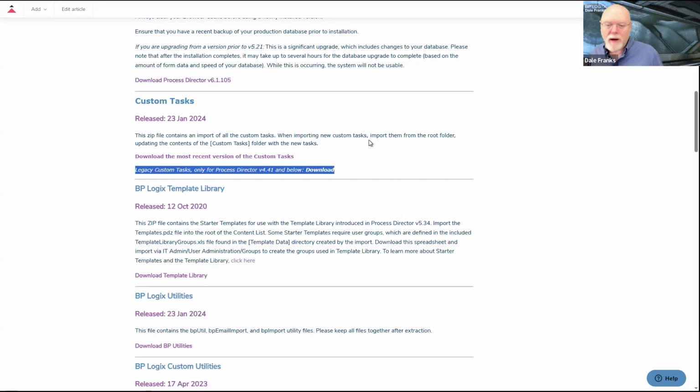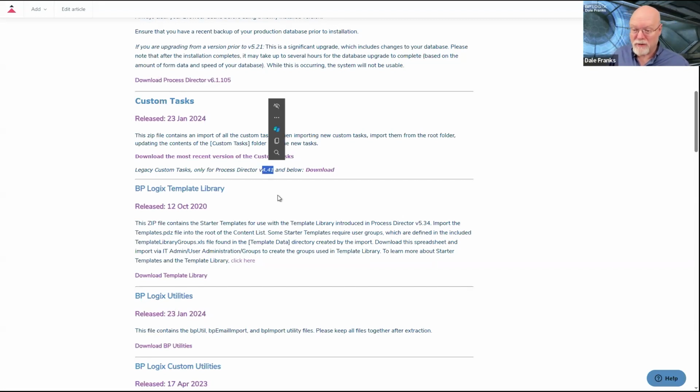Back in version 4.41, we sort of made a major change to the behind the scenes architecture of the product. It didn't affect all custom tasks, but it did affect certain database related custom tasks that needed to be updated. So, and I'm not sure there's anybody who's still on version 4.41 anymore. If you are, you're way behind time on updating your product.